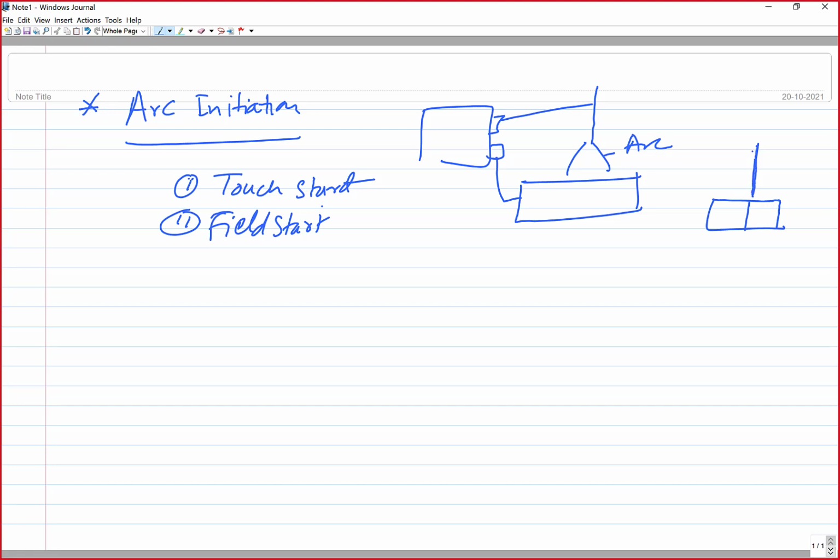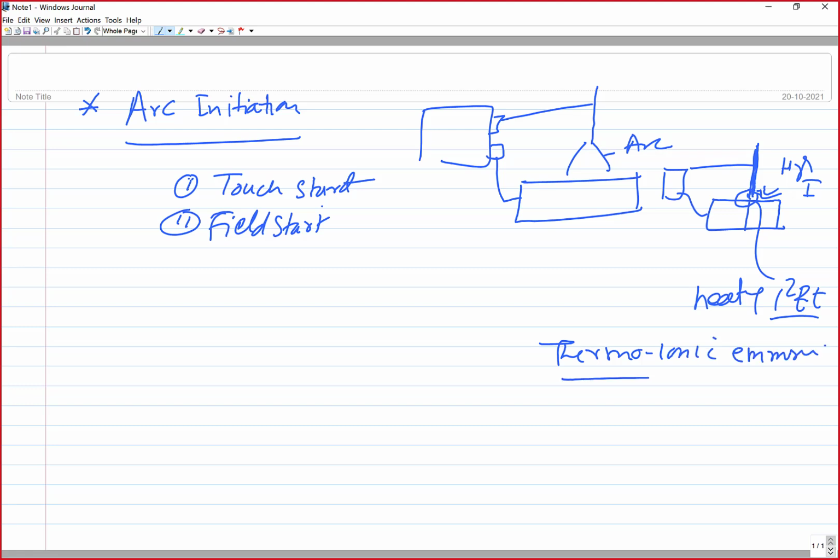So the electrode is brought in contact with the workpiece so that the circuit is completed, because it is connected like this. When there is a circuit completion, short circuiting is happening, so there is a flow of very high current, high I value. At the interface, a lot of heating due to the I squared R T takes place, so there is a rise in temperature at the tip of the electrode. Whenever there is a rise in temperature at the tip of the electrode, by thermionic emission,